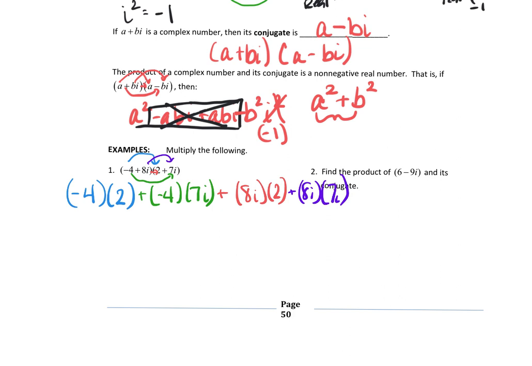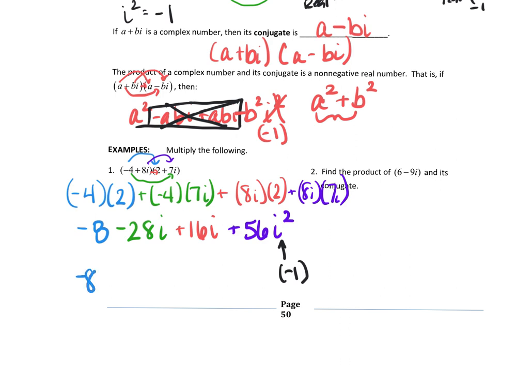So we clean this up. -4 times 2, that's a real part. Then you have -4 times 7i, that'll be a -28i. Then you have 8i times 2, that is a positive 16i. And now this back part becomes 8i times 7i, which is a positive 56i squared. Well, notice that you have this I squared term here. I squared is equal to -1, so it's always going to flip whatever this sign is. So what you have is